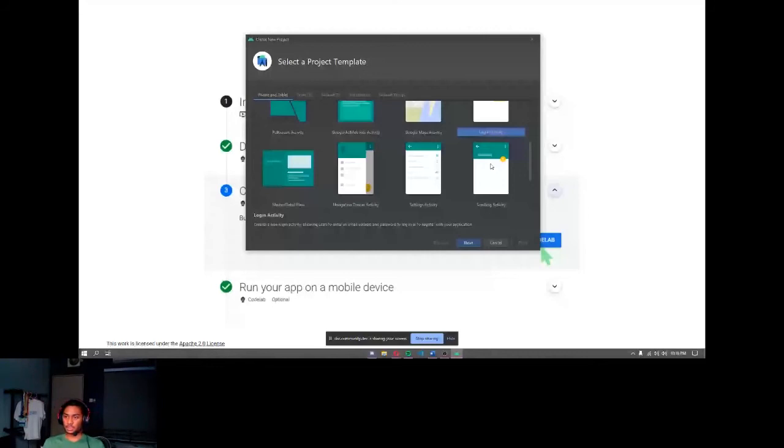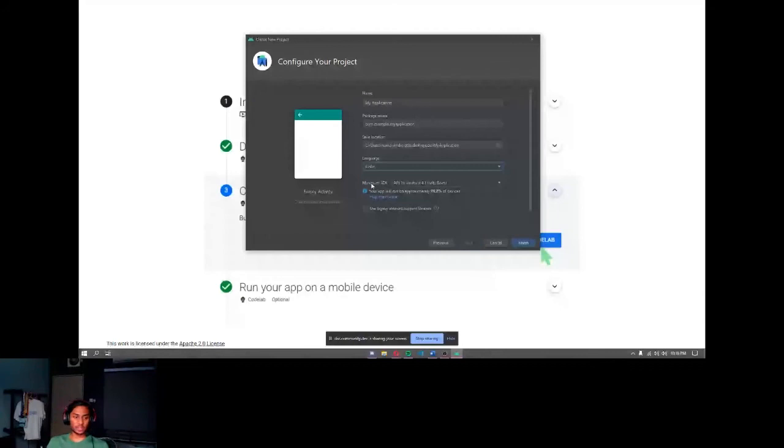Okay, everything just left as default. And here, make sure you pick Kotlin because we are currently in Kotlin Study Jam. Over here, minimum SDK. What is SDK? SDK is software development kit. But what is minimum SDK? Minimum SDK means the minimum Android version that your app can run. So if we choose API 16 Android Jelly Bean as the minimum SDK, our app can run from Android Jelly Bean until Android 11.